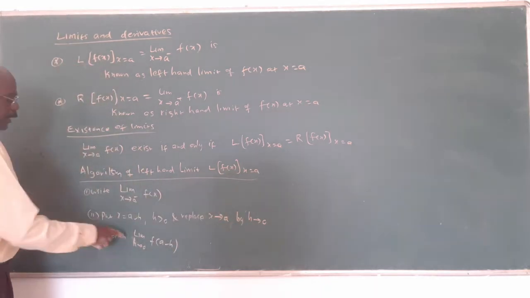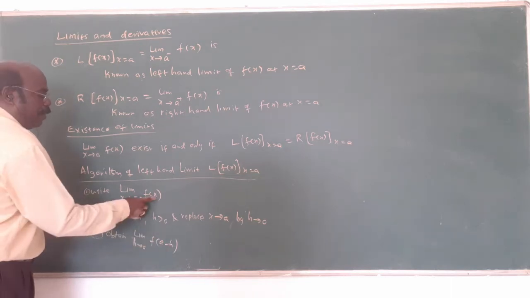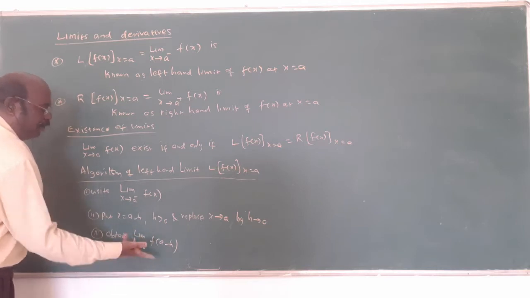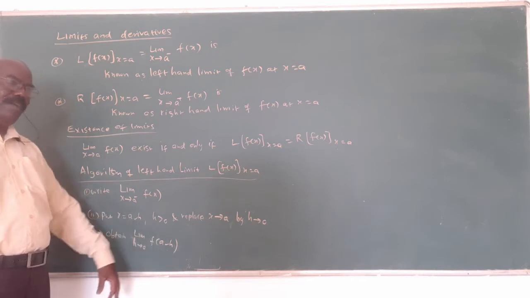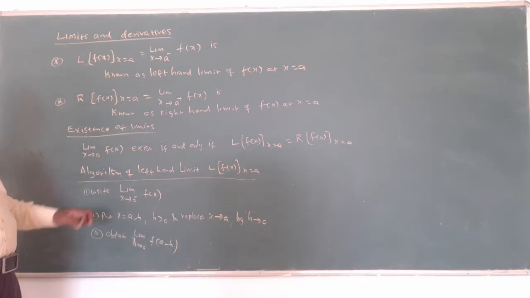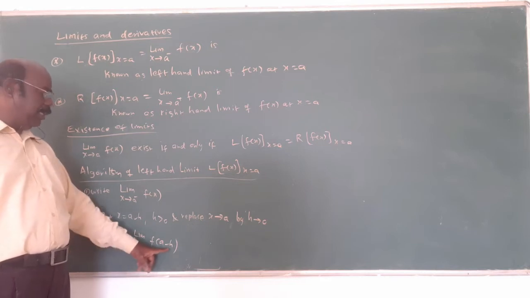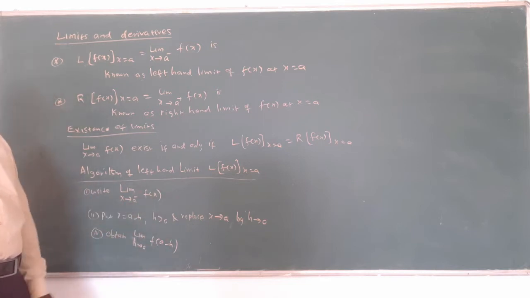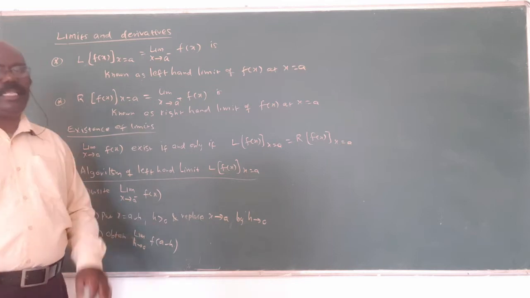Therefore, replacing inside, x tends to a becomes h tends to 0. Inside, x is a minus h, meaning f of a minus h. To find this, replace x by a minus h and afterwards substitute h equal to 0, and we get the answer. This is called the left limit. Right limit means a plus h will come. Here h is 0, a plus h will come. The same thing, only plus will come. By using this idea, two examples are there.